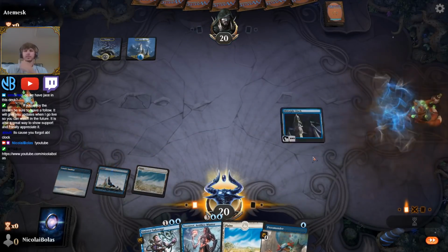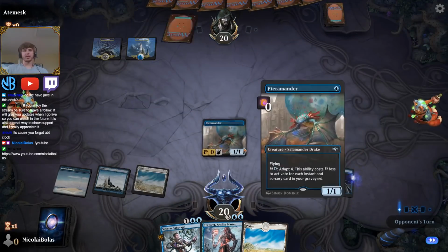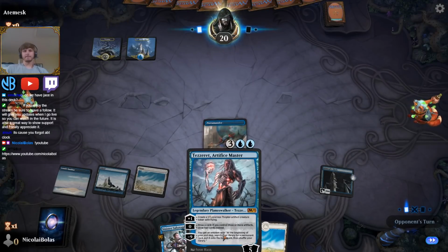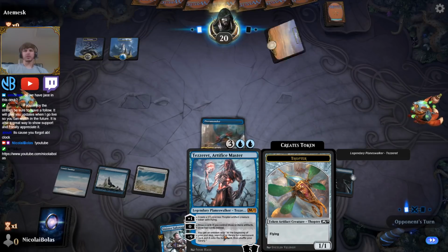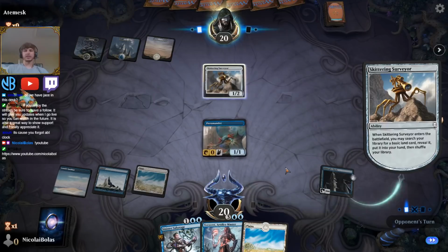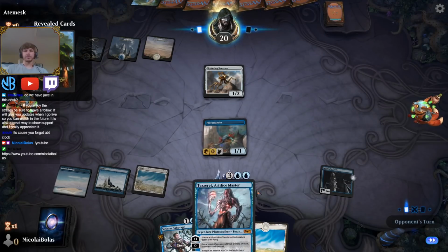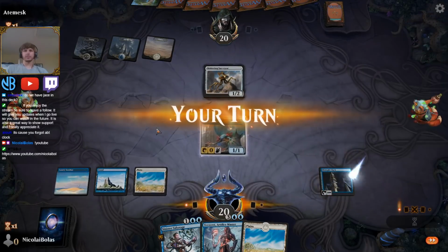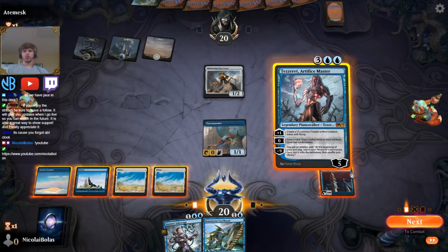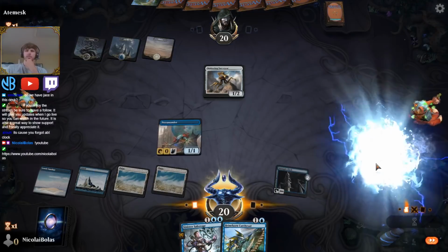Now that's a really good draw, because the Pteramander gives something to distract them. And maybe they'll spend a turn to remove this while we get our Tezzeret down. And I'm not sure whether we tick up or just draw an extra card. Skittering Surveyor. I think we tick up. But it depends on what we draw this turn. Ooh. Yeah. This turn, I think we...